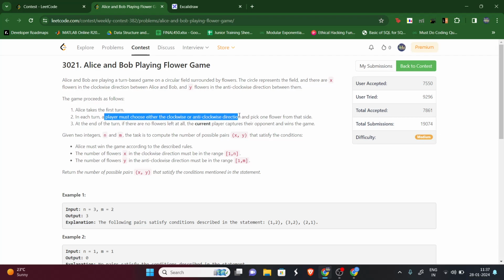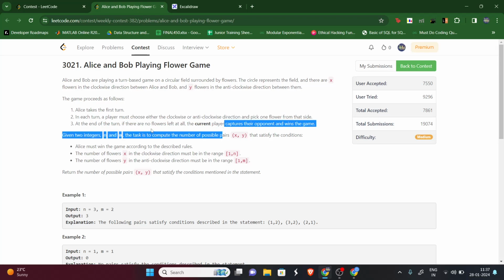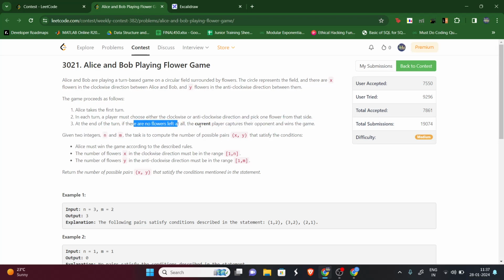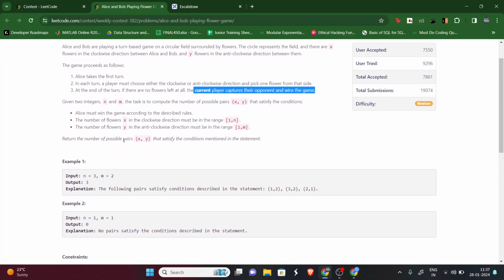In each turn, a player must choose a flower either from the clockwise direction or anti-clockwise direction. And at the end, if there are no flowers left, then the current player, whoever was picking the last flower, will win the game. Okay. Now, what the question further says is that